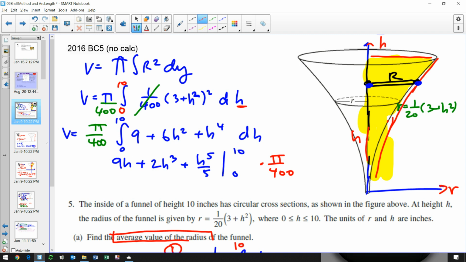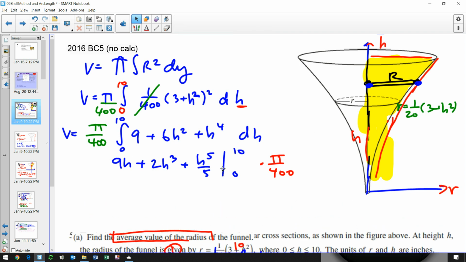Okay, you guys with me so far? Yes. Okay. First, I'm going to plug in the 10. Then I'm going to plug in the 0, and when I'm done, I'll multiply by pi over 400. This is a volume, guys. Let me plug in the 10. That's 90 plus, plug in the 10, that's 2,000 plus 10 to the 5th. I guess that's 100,000